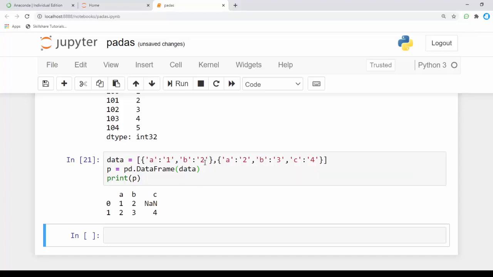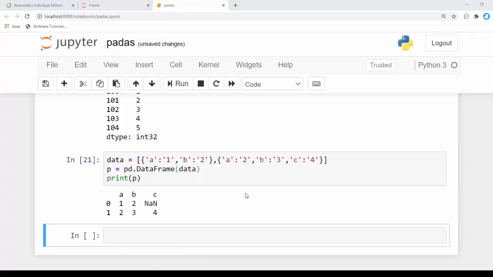The value of C is not here, so that's why it's not showing, and it shows a null value. Here we have the value of C, and that's why it's specifying the 4 here. This way also we can use our data frames for creating a two-dimensional format.